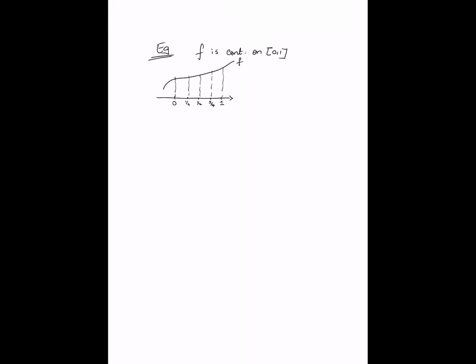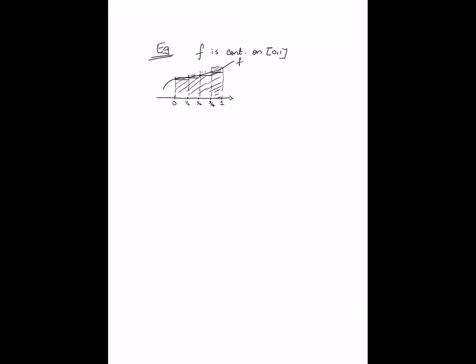So in particular, I take the largest value in one of these sub-intervals, and then I take the area under the larger rectangles, and I think of that as an upper approximation for the area under the curve. Similarly, I also take the minimum value in each of these sub-intervals, and I take the area under that, and the hope is that as these intervals become finer and finer, the gap between the lower approximation and the upper approximation becomes smaller and smaller. And that is how you go about defining the integral.